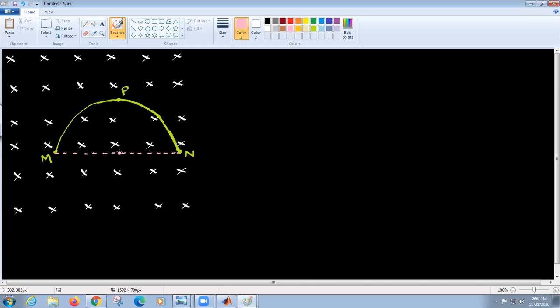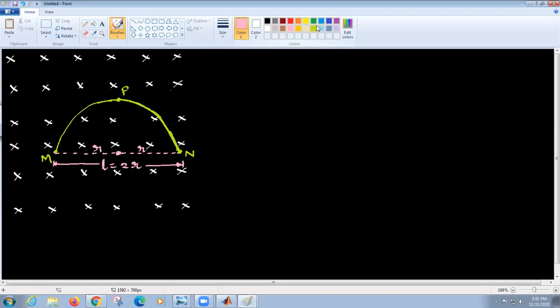This is my center point, and this is R, this is R. So if you take its length L equal to 2R, that's the diameter of this circle. Of course, you have a semicircle here.